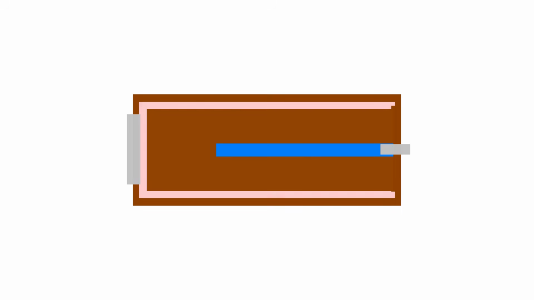This is what the inside of a battery might look like. In this battery, the blue section is a material with very few electrons, while the red is the part with a ton of electrons. The reason the electrons aren't flowing is because they're separated by an insulator. That's everything you see in brown. The electrons have no way of knowing that there's this desirable, low electron material nearby. Now the gray part is the conductor. If we use some conductive wire to connect the front conductor to the back conductor, the electrons have a path to get to where they want.